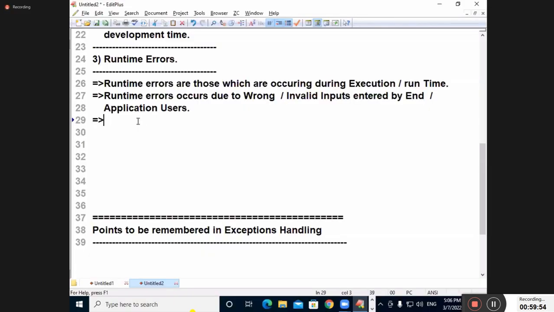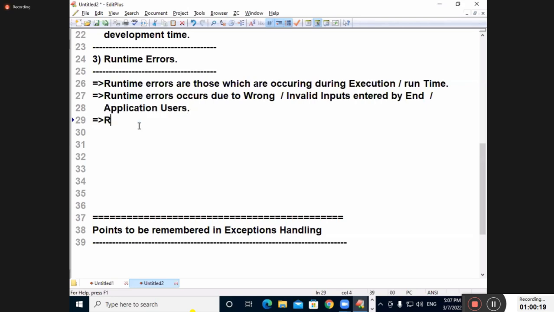That means the errors that occur by the application user at the time of using my application, that is implementation level. Those errors are also addressed in where? In our real-time project. I hope you are understanding. What mistakes the end user commits, that type of related code is already addressed in my project. This last point is important.